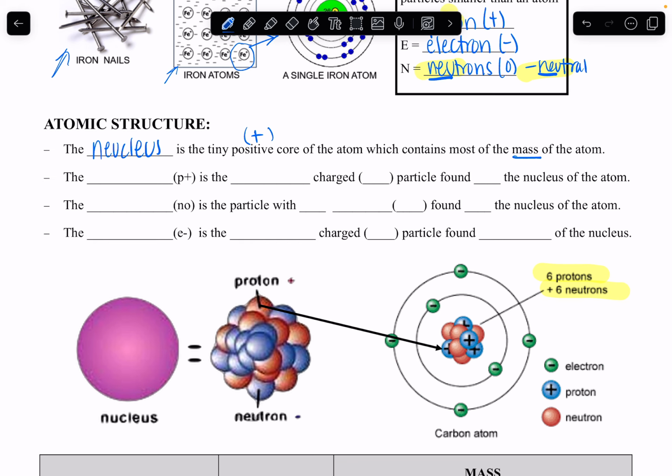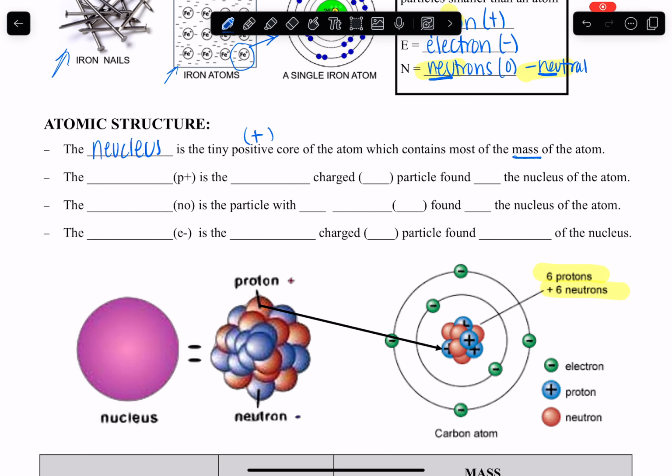The proton is the positively charged particle found in the nucleus of the atom. So it's inside the nucleus. It has a charge of +1. Each one has a charge of +1. Okay? The neutron,